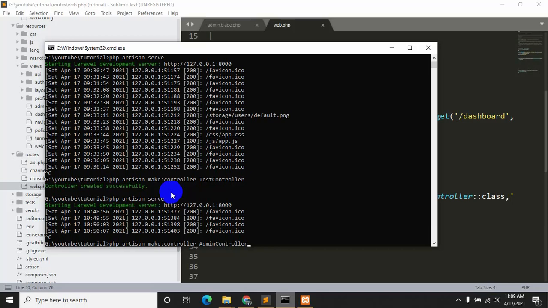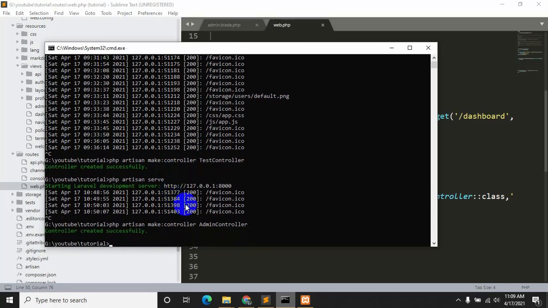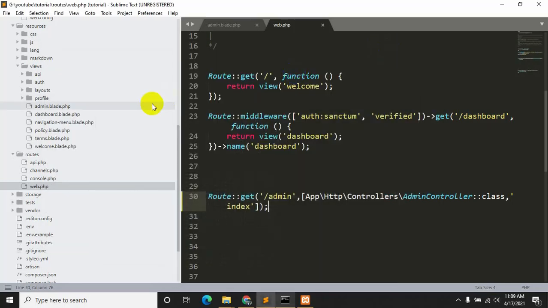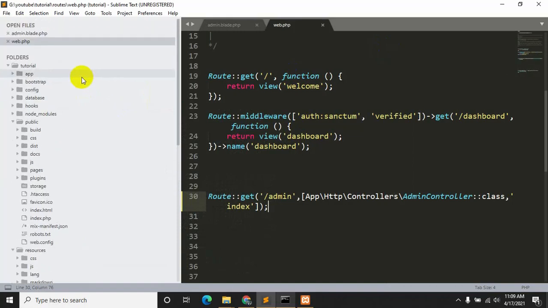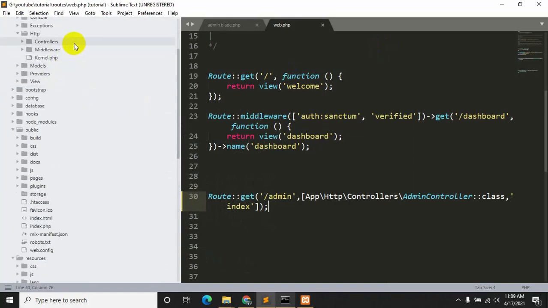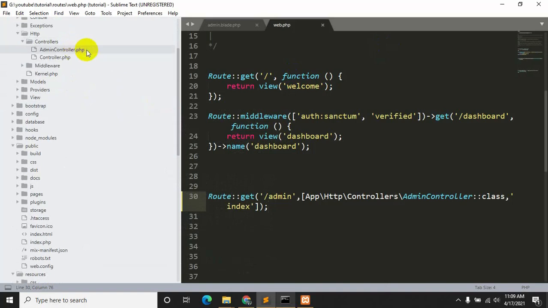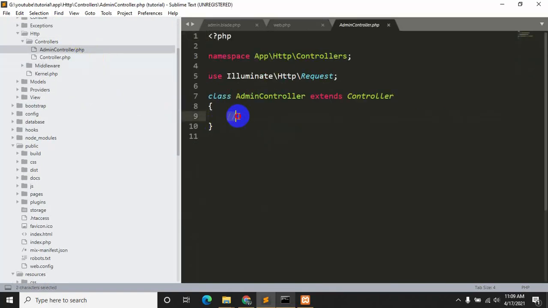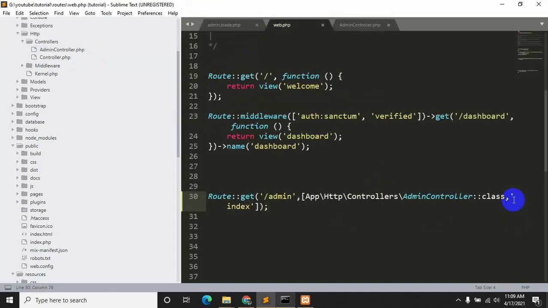Okay, and press enter. It will create the AdminController. So if we go inside app, then Http, then Controllers, here you can see AdminController. So we are going to create the index function that we just declared over here.